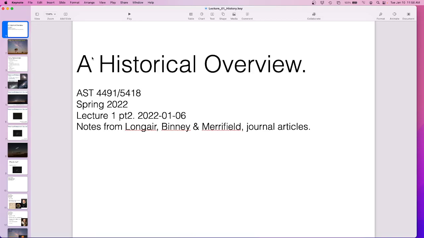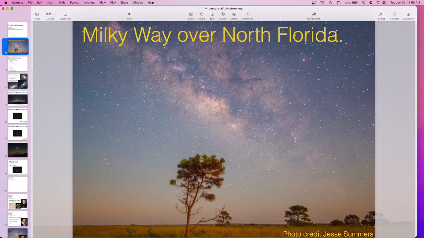Okay, so let's talk about looking up at the sky. This is the Milky Way over somewhere in North Florida. I was living in northern New Mexico right before I moved here, and the sky there is incredible. On my drive home, especially in the winters when I would leave the office at night, I would often pull over in the middle of the highway in the middle of nowhere to just look at the Milky Way, because how often do you get to see the Milky Way? You have to drive out to the middle of nowhere. But I was living up in the mountains, so I had it really good.